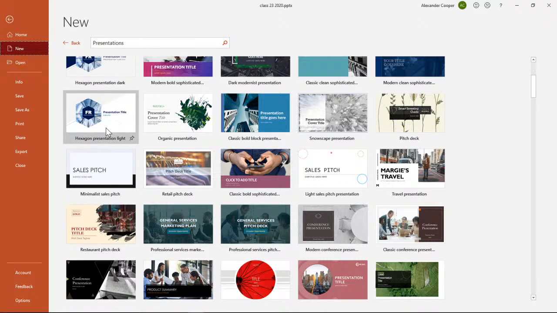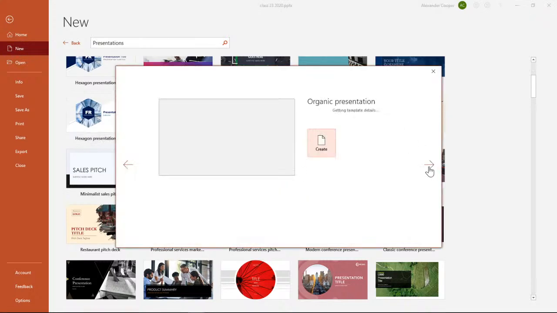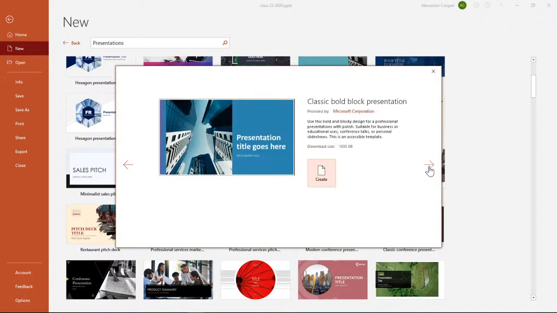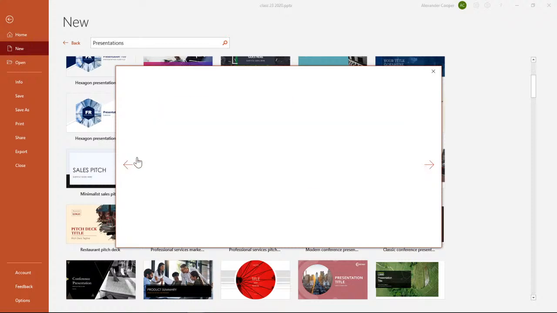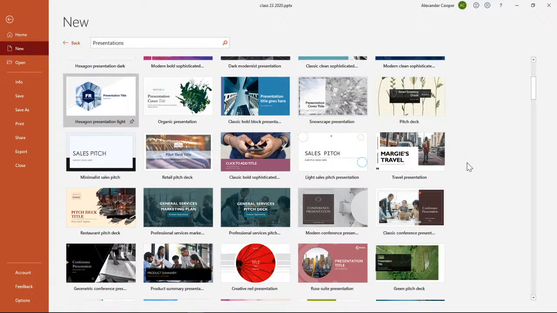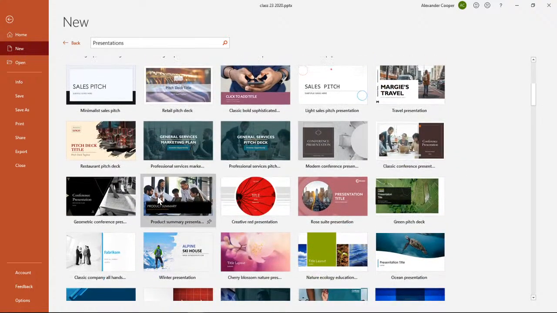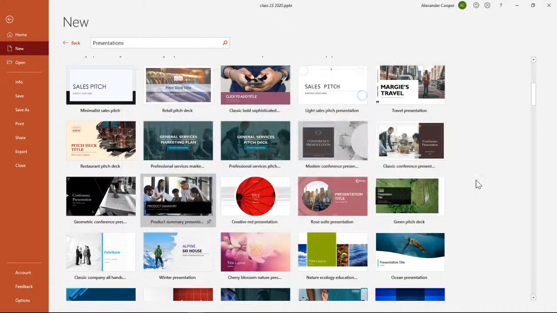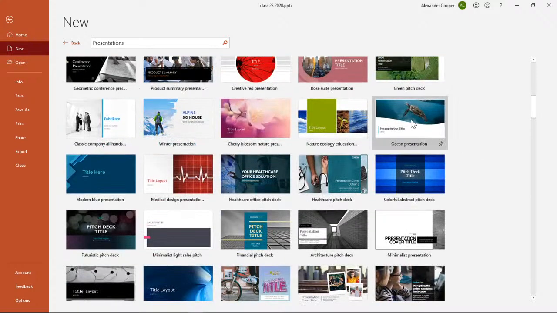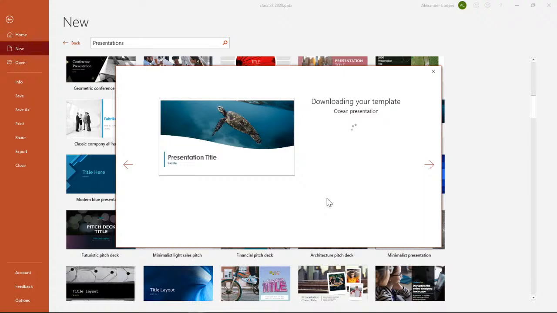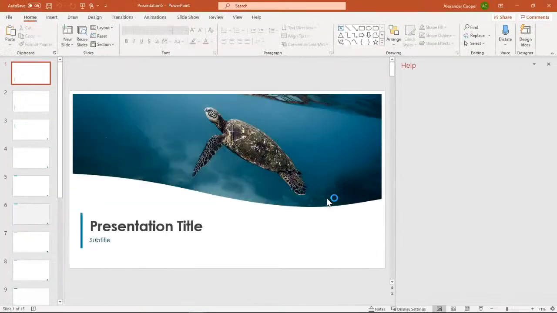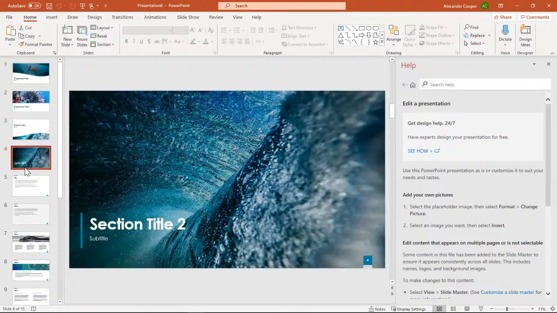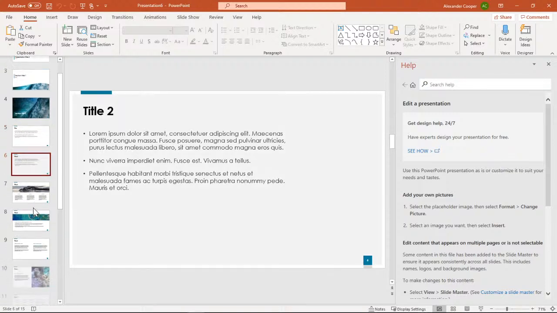Let's see. That looks really interesting. This is one I've seen a lot of folks use. I think it has some other stock photos in there too. That was kind of nice. Okay, I'm going to try that one. So here's our template, and it already has a bunch of pictures in there for us. Okay, and kind of a layout.